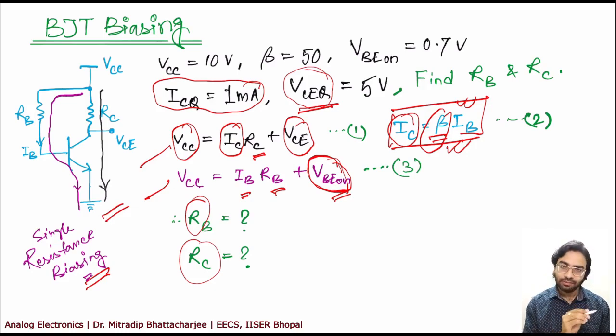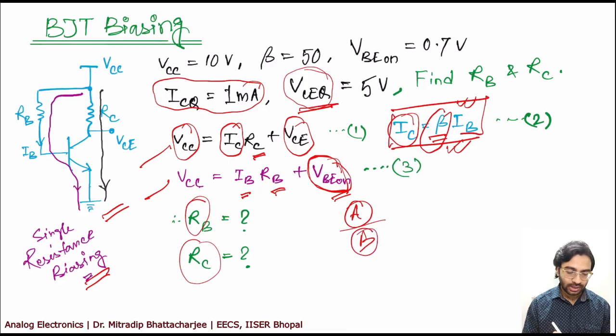Now, if we get a solution, like if there is something, say A by B ratio, wherein the effect of external parameter is same for A and B, then it will get cancelled out. So in that case, the external effect will be less. However, in this case, it is quite high. So that's why it is not very preferred.